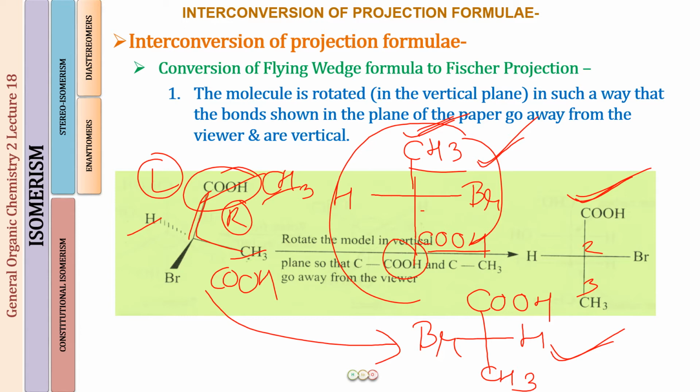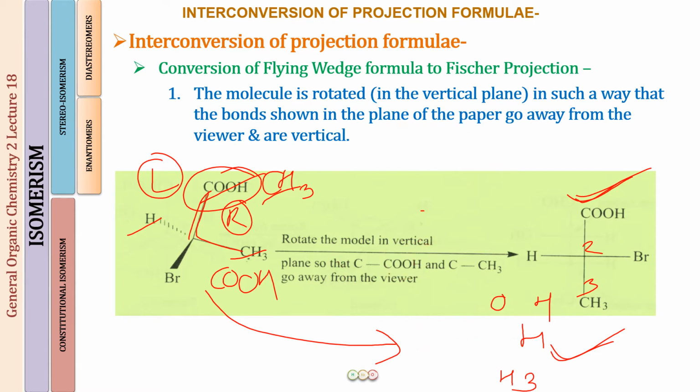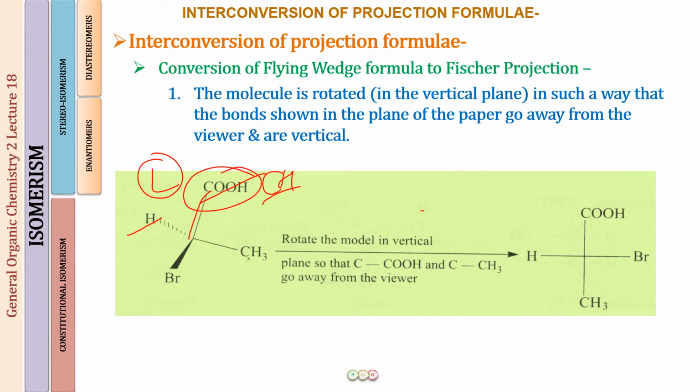Another thing that we learned in the last lecture, I'm going to utilize that also in your learning of the conversions today, so that you remember those things very well, and they will be really helpful to you when you are doing your problem solving. The next thing is, there is another possibility that we could have the COH group not on the lines which are representing the plane of paper. We could have a COH group with a solid wedge or with a dash also, you can put it anywhere. I'm just giving you an example.